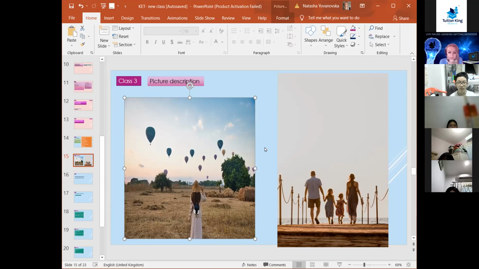So I will give you an example for the first picture, and then we're going to do a task. It's going to be much easier for you to understand. So let's talk about the first picture. I can say, in this photo, I can see a girl. She's wearing a nice dress. She has a hat on her head. She also has long hair. Now you're going to say, why is that important? It's not really important. What is important is how you make the sentence and what you are describing in this picture. So let's keep going.